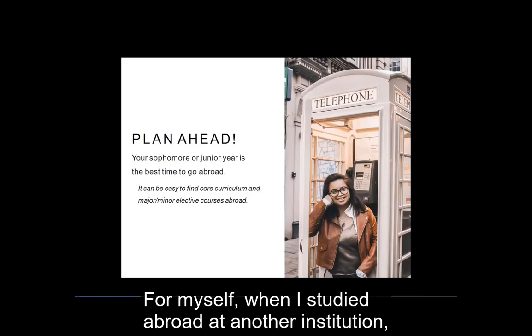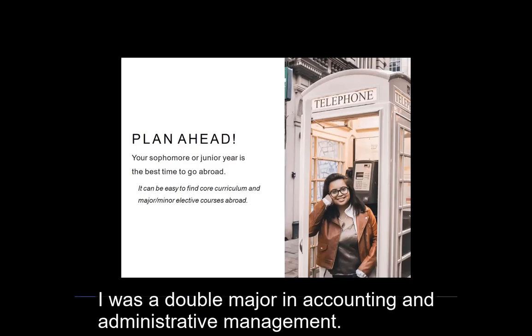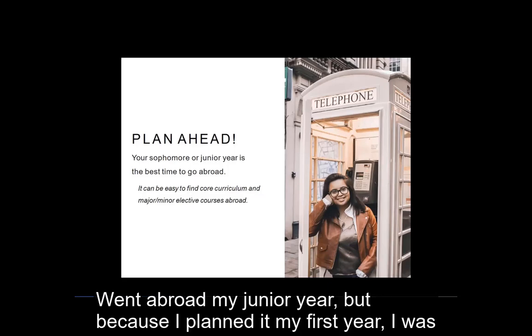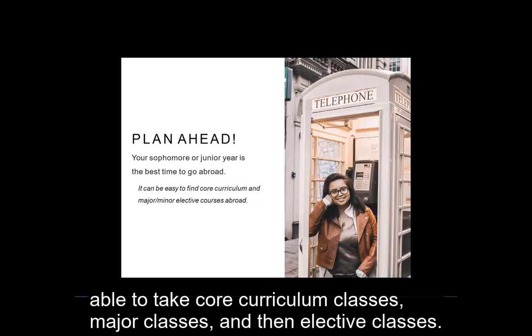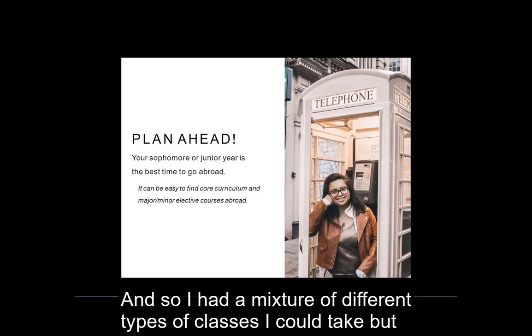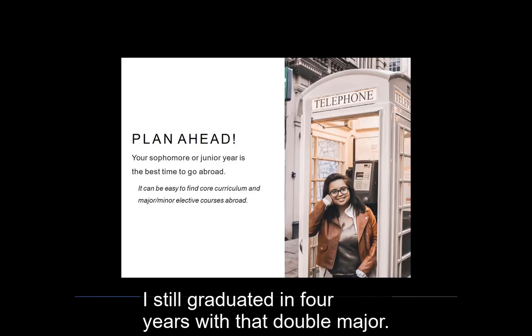For myself, when I studied abroad at another institution, I was a double major in accounting and administrative management. Went abroad my junior year, but because I planned it my first year, I was able to take core curriculum classes, major classes, and then elective classes. And so I had a mixture of different types of classes I could take, but I still graduated in 4 years